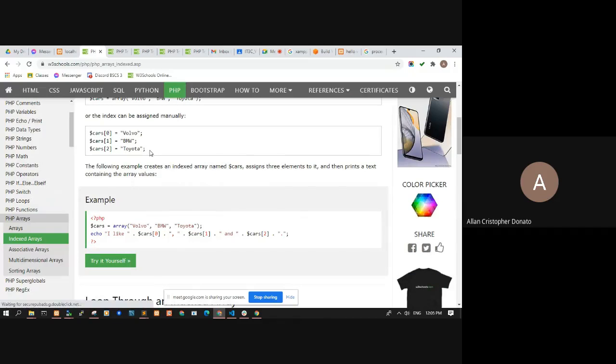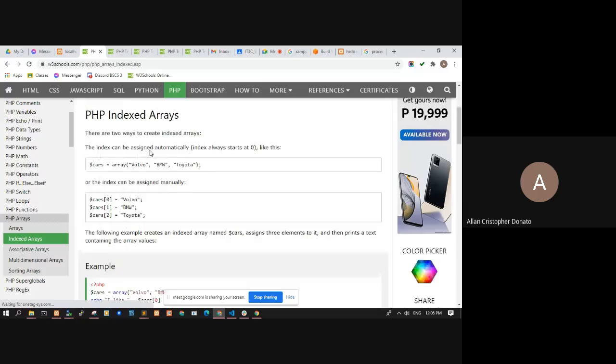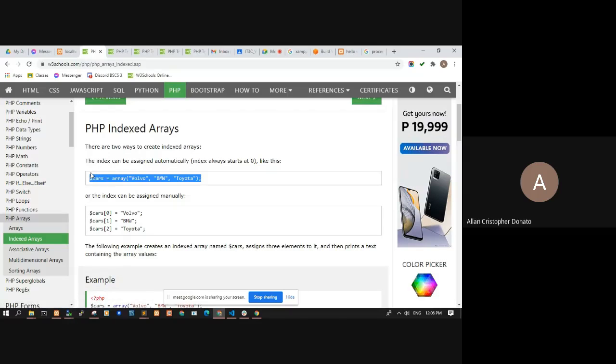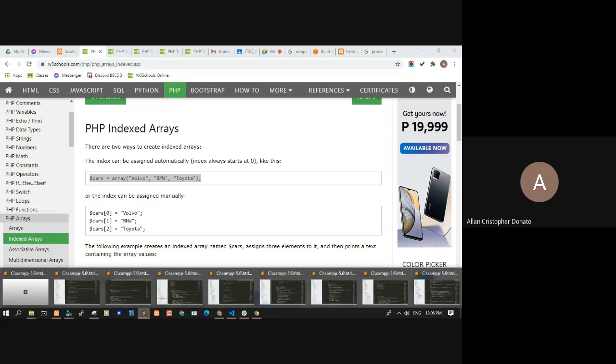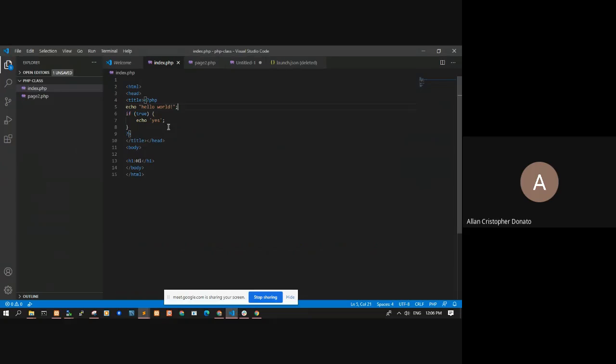So, okay, this is an example of an index array or numeric array. This is similar to the other one; I just gave you choices on how to define the array.